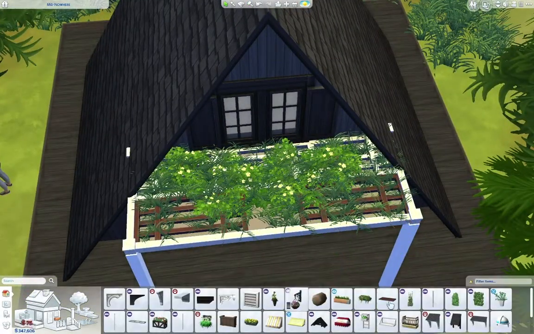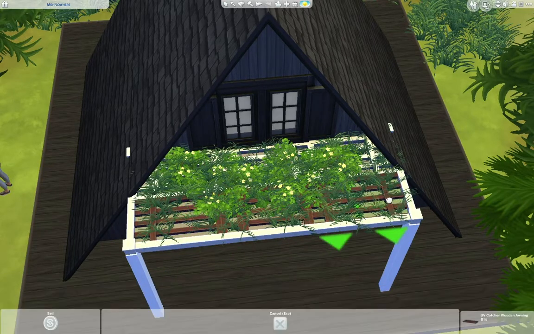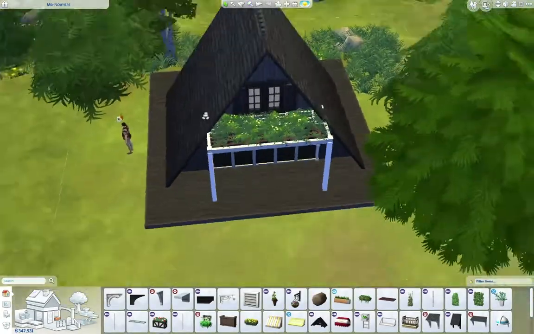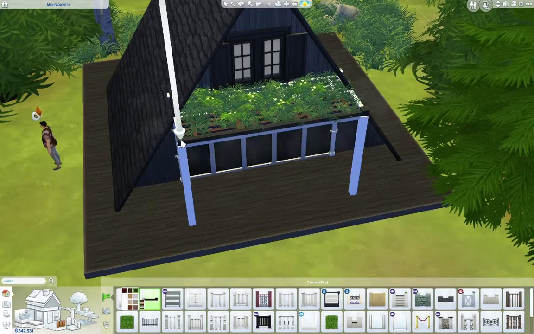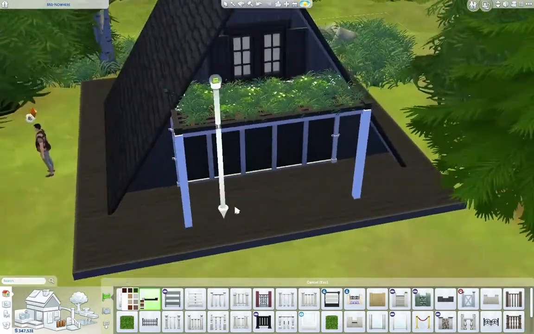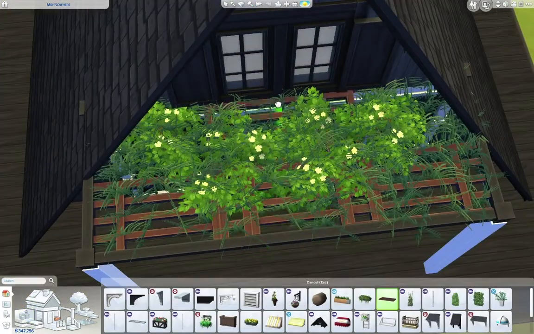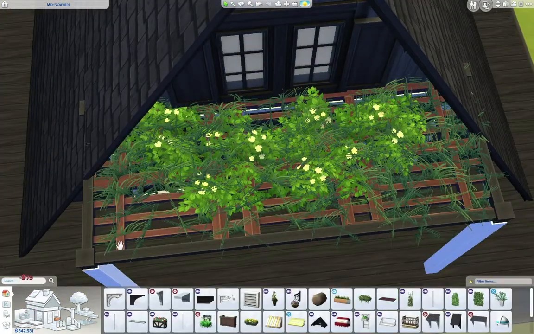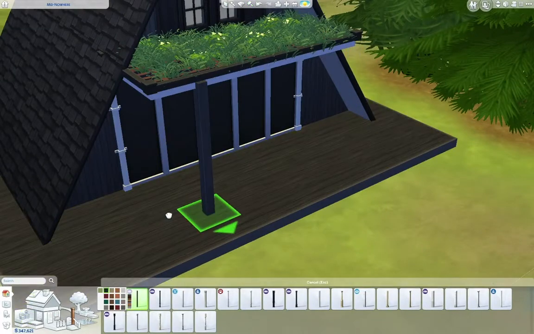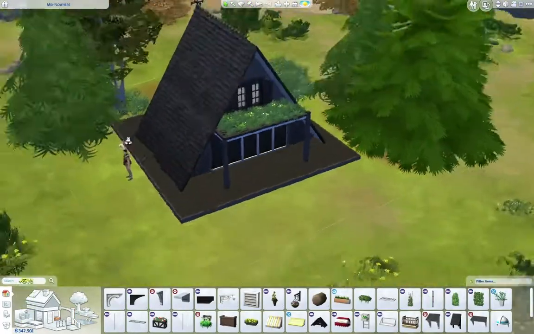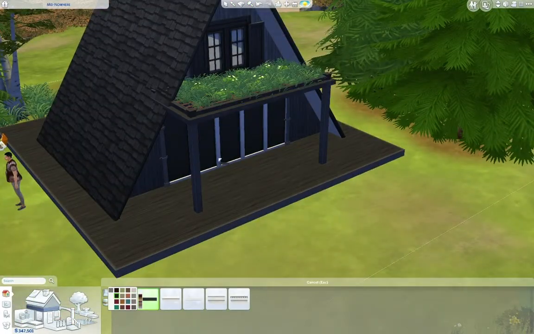So I was playtesting this just because it is a tiny home and you have to make sure all the items work. And the only thing that's kind of, actually it's not really that annoying, but every single time your sim will try to make food, they will go out into the back porch and then sit at that table because that's kind of like a proper dining table, because there's no proper dining table inside the home. So your sim will actually try to go outside, and